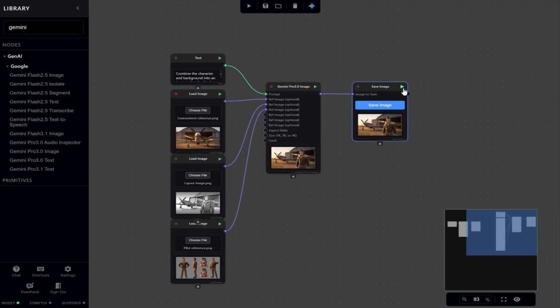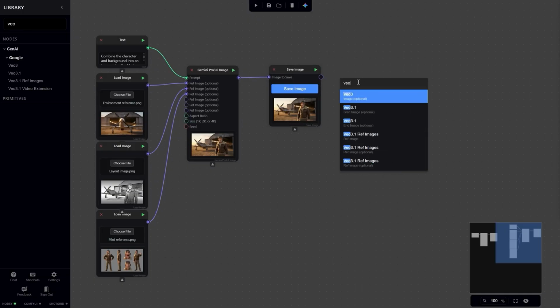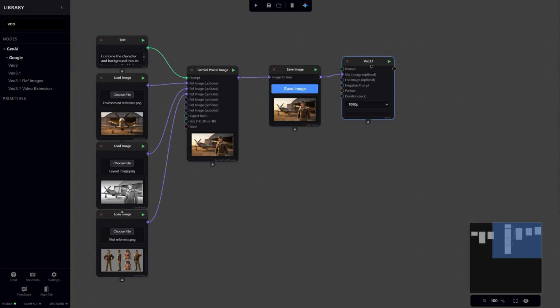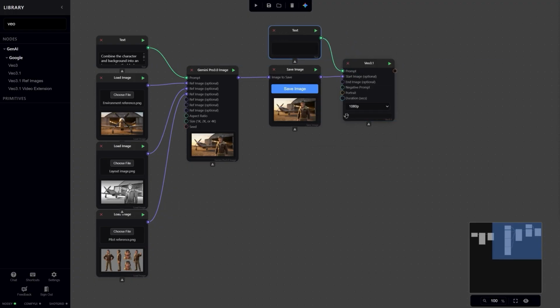Once we're happy with the inference frame, I can either pipe that directly into the VO node or copy the image to begin a new chain. Because the graph is fully connected, running the rightmost node will trigger every node upstream to run again. If you don't want to overwrite previous outputs, you can simply copy and paste the nodes or disconnect them by